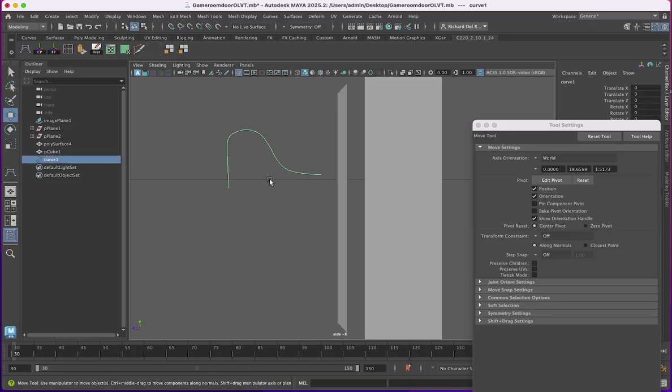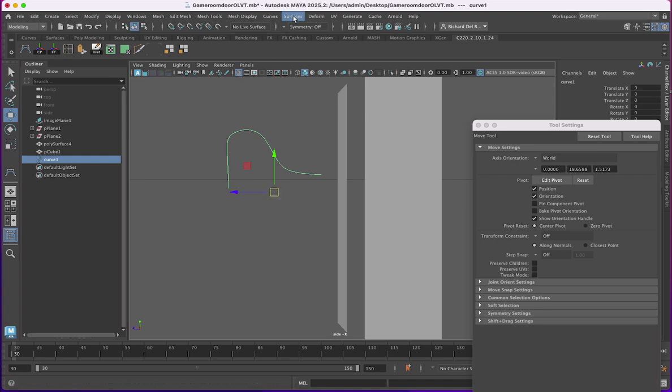Now if I would hit W, the Move tool is nowhere in sight. It's way over to the left where the YZ axis meets in the center. So I'm going to center the pivot, modify, center pivot, and I want to move this. I'm going to hold down D on the keyboard, and if I just pull this down to about here, and